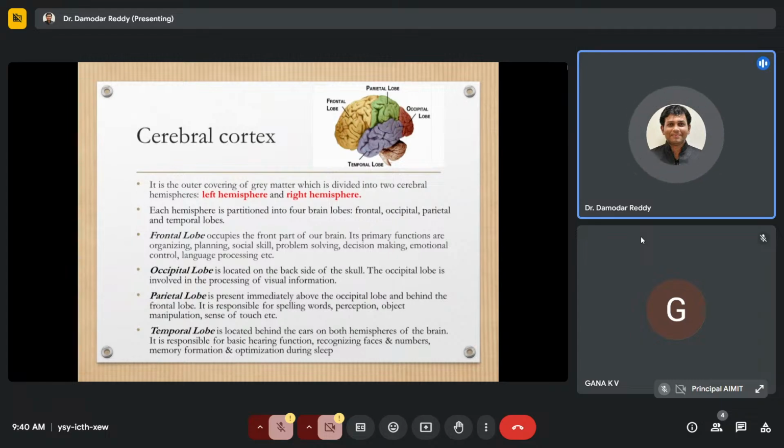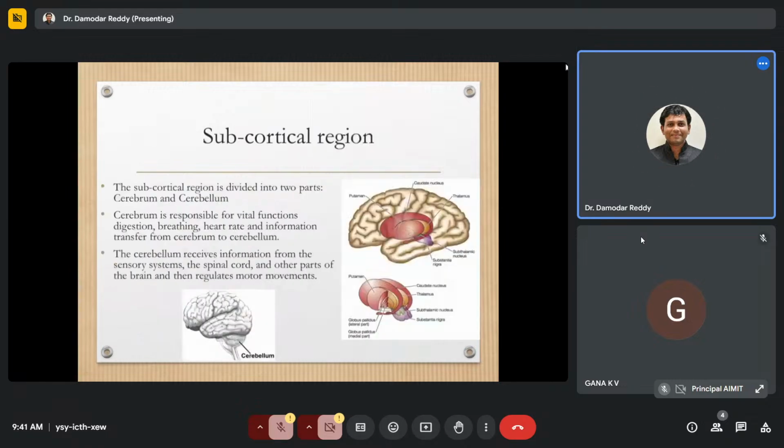If you are interested in this domain, please go through all these various cognitive functions of the human brain, particularly each lobe. What are the various roles and responsibilities of the various lobes, and which particular lobe is active in motor imagery or motor movements, and which is for other types of activities? You need to go through that, because it's very, very important. Where do you take the brain signals from? Unless you understand the inherent structure of the human brain, cerebral and subcortical regions and all these complex structures, you may not be able to take the data, though you are very good at machine learning or other deep learning models. Unless you have good signals, you may not be able to process them in a better way.